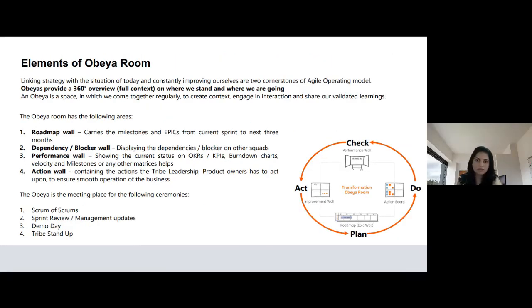And then another element is what ceremonies or events you can use the Obeya for. Scrum of Scrums, definitely you can use, and I'll show you the example also. And then there is sprint review or management updates. For those kinds of meetings, the strategic management update, you can use the Obeya room. Demos too. At Mashreq, we use that particular wall for demos also.